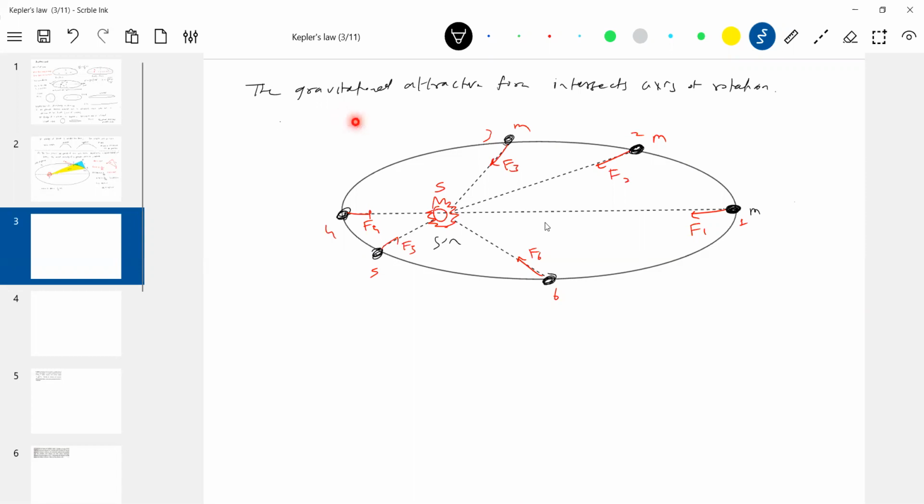So net torque is 0. We'll write it. So net torque about an axis passing through the sun and perpendicular to the plane of motion